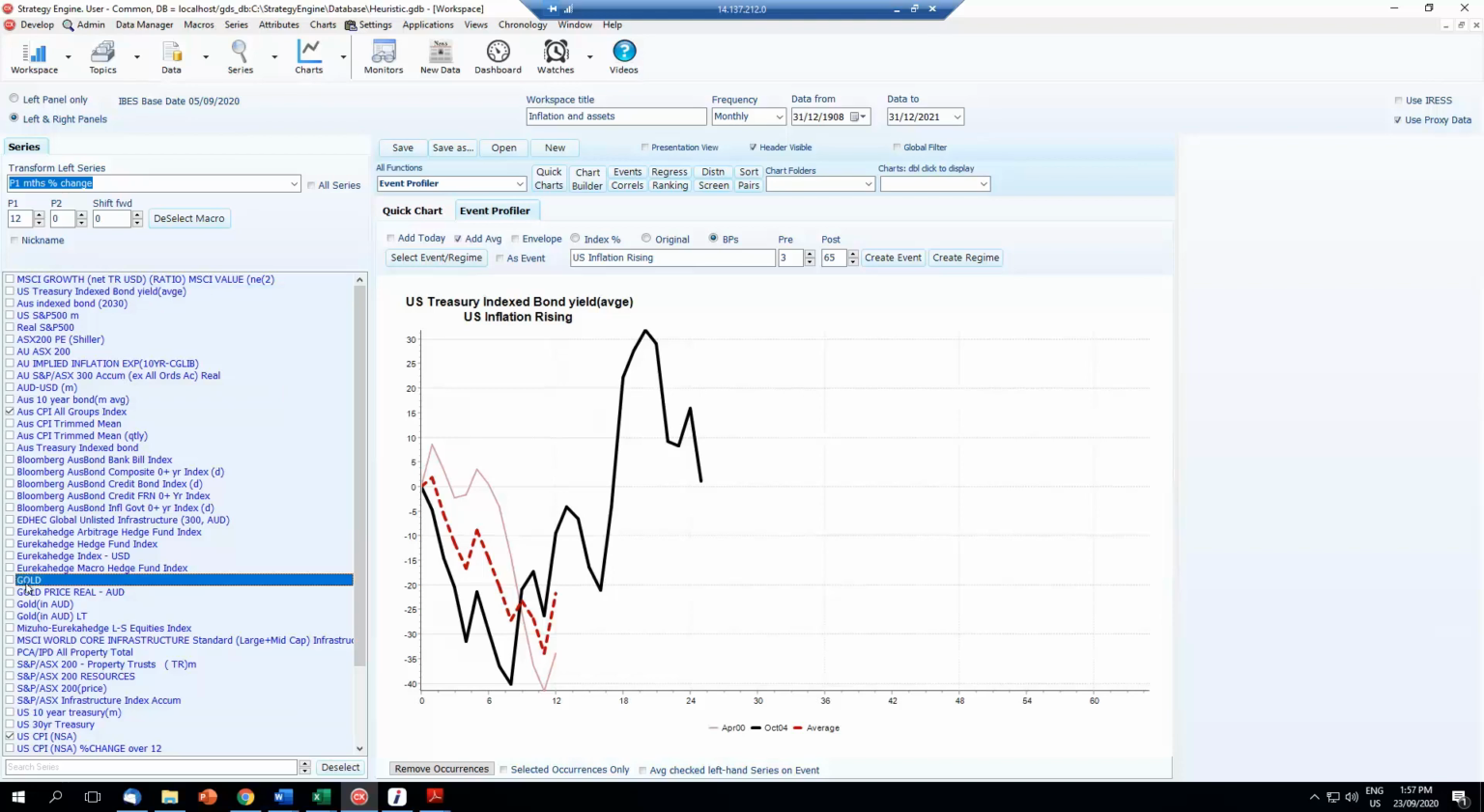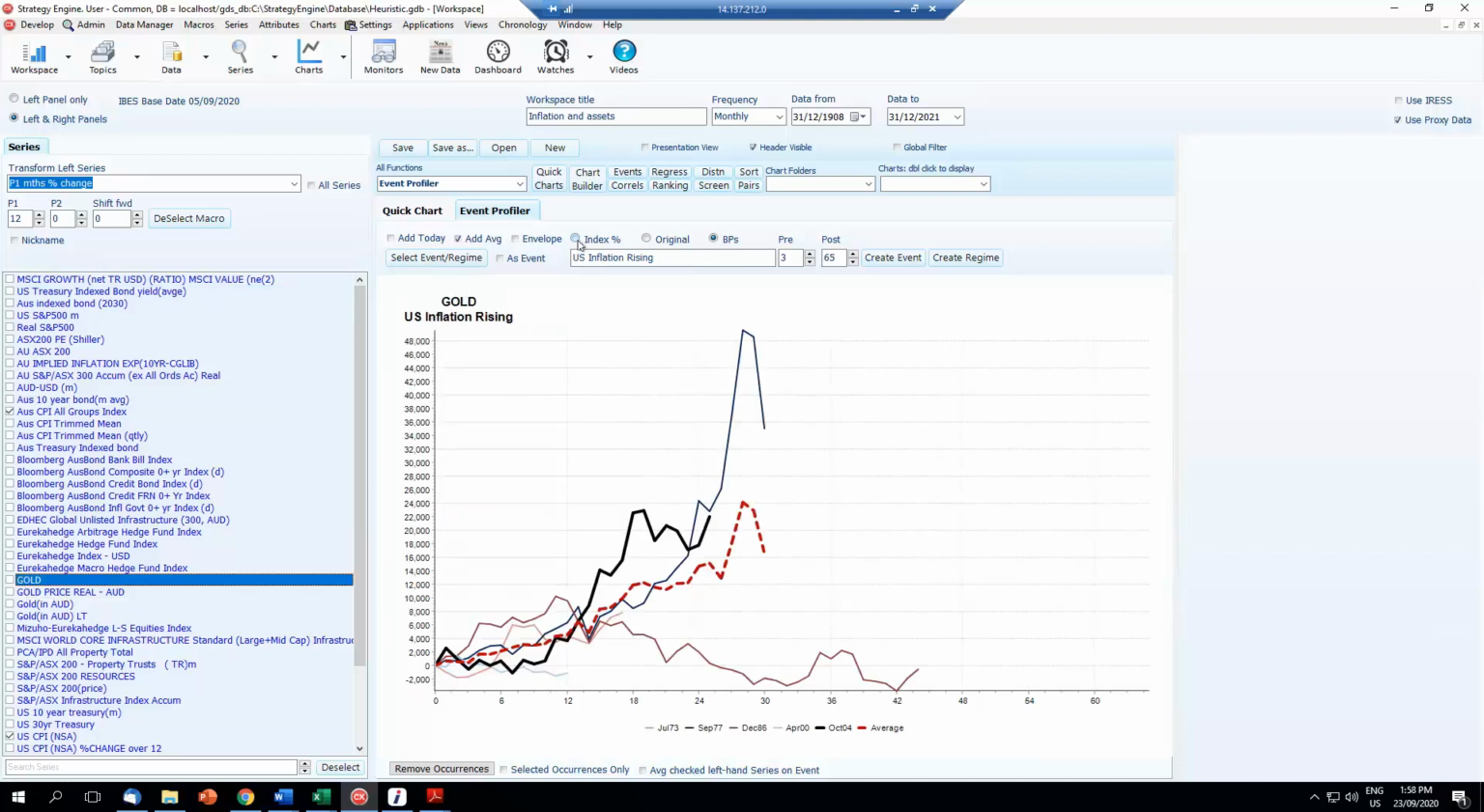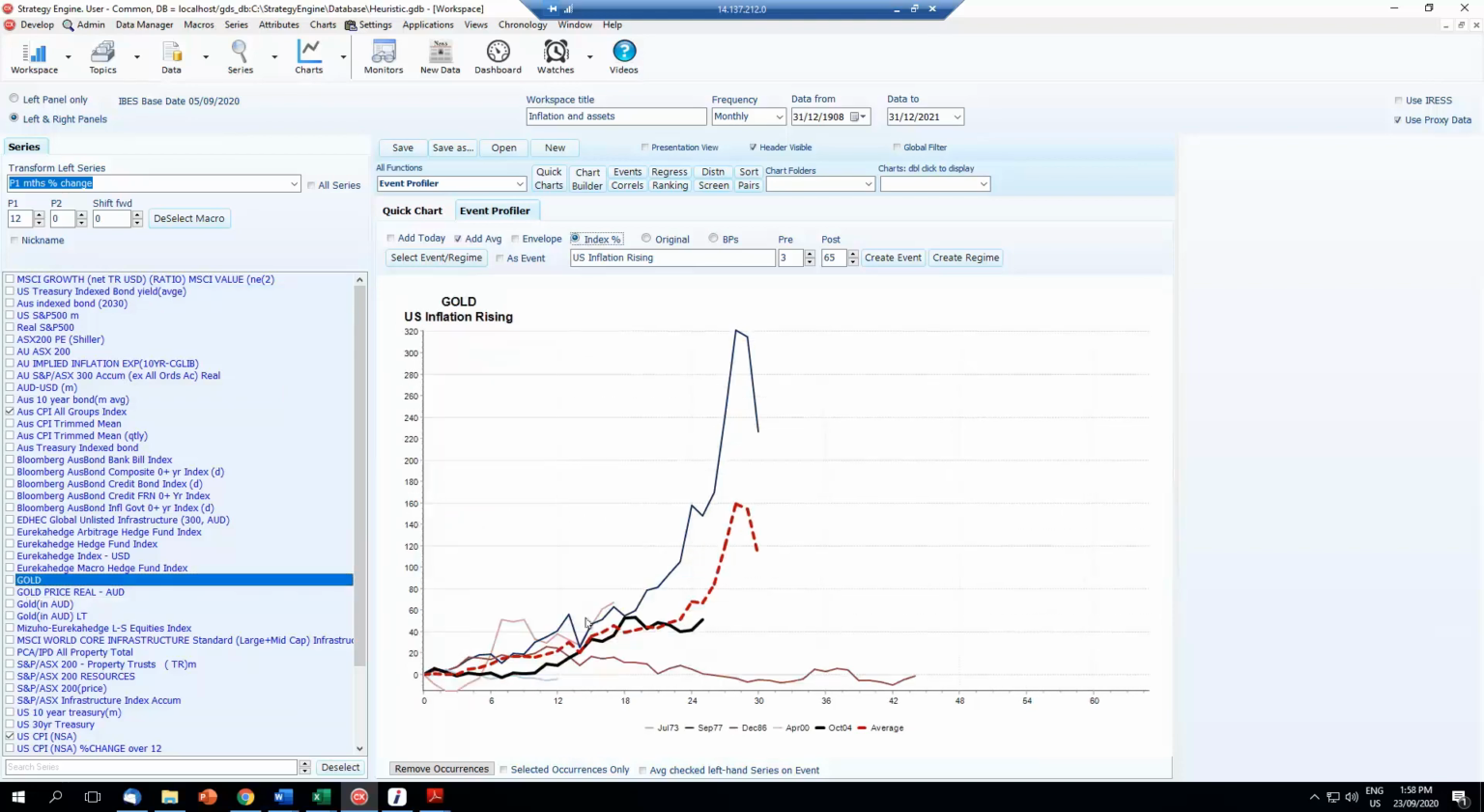Obviously, gold is another asset class that one might expect to do reasonably well in rising inflation periods, and that broadly seems to be the case, with the exception of the mid to late 80s, where it was predominantly flat. But gold, by and large, has performed pretty well, particularly in the earlier 70s periods, the rapidly